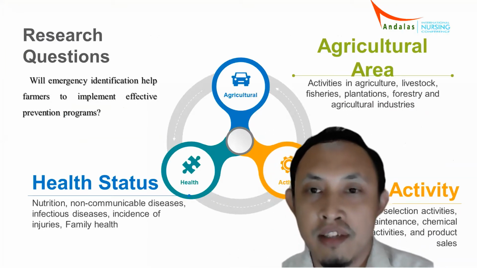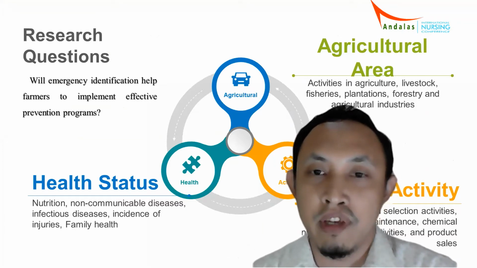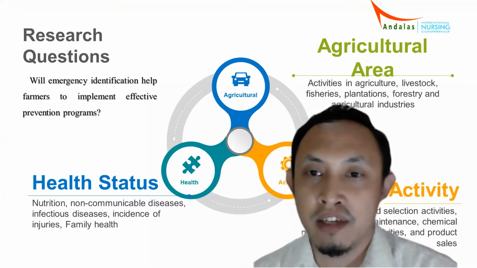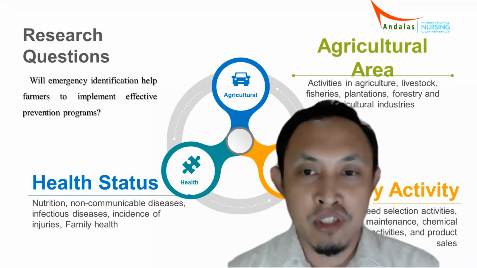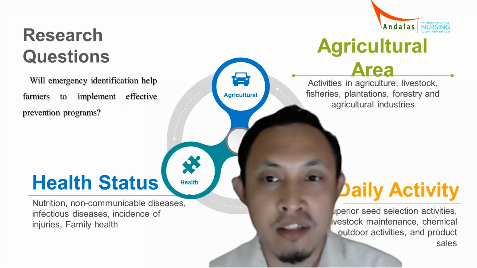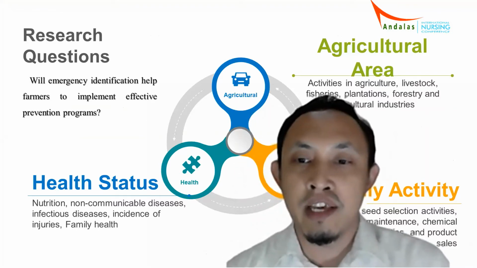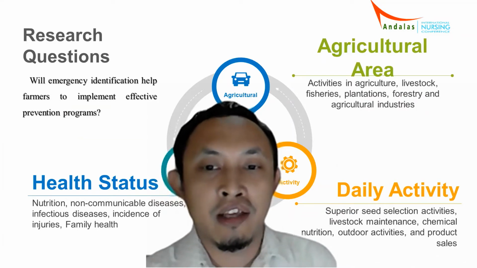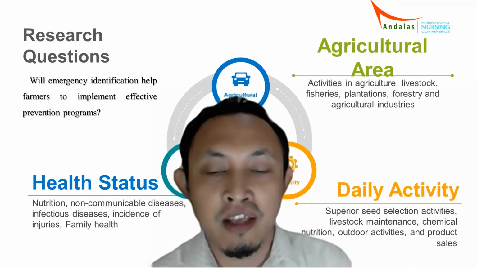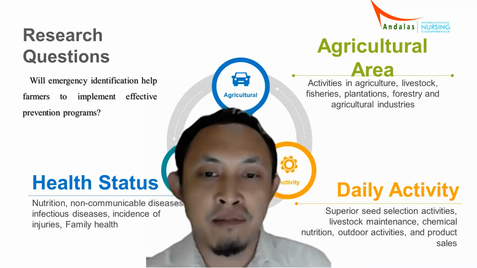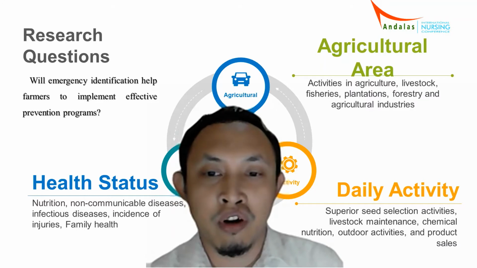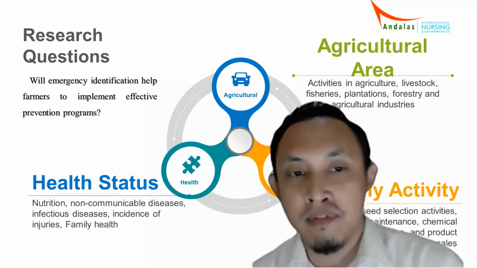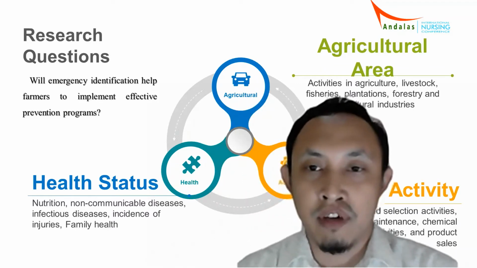In the agriculture area, there are many activities. For example, activities in agriculture are livestock, fish, plantation, forestry, and agricultural industry. The daily activities of our farmer are, for example, superior seed selection activities, livestock maintenance, chemical nutrition, outdoor activity, and product sales. And the third factor in our agriculture research